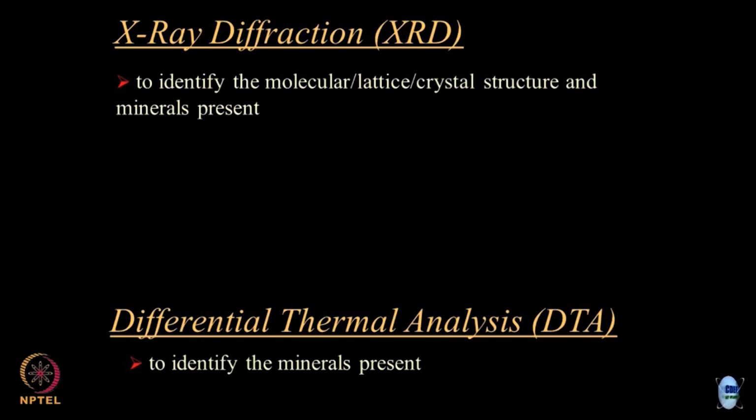So, you take the sample, keep it on a platform and allow the X-ray to fall on this with some angle theta that you can measure, and you know what type of wave you are using, which type of filter you are using, copper K alpha or nichrome, chromium, whatever that you know. So, you know the wavelength of the wave and it is hitting the sample, and whatever the reflected wave is, if I can capture it on an electron sensor, or if this electron beam is captured on an analyzer, I know the pattern. So, I will show you what type of patterns you get, and then you can know quickly what are the elements which are present in the system.